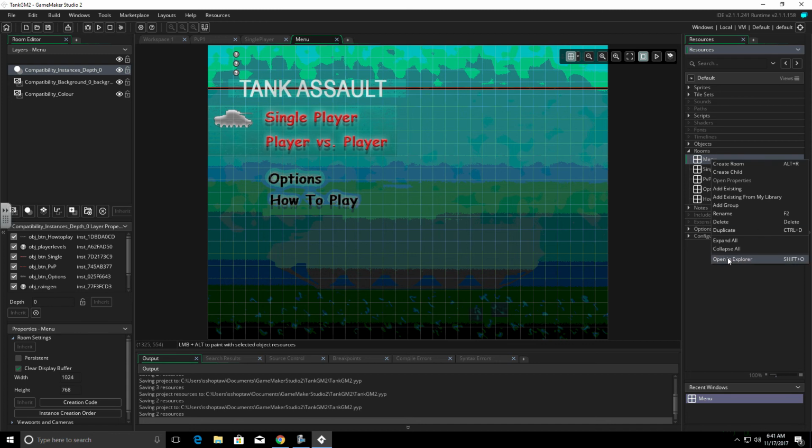That last one there will actually open the room in Windows Explorer. So when you click on that, you'll see the actual room file in the Windows Explorer. This is actually a good option if you're working with someone else to be able to get to that room quickly, to copy it, maybe put it on a flash drive for somebody else to use.